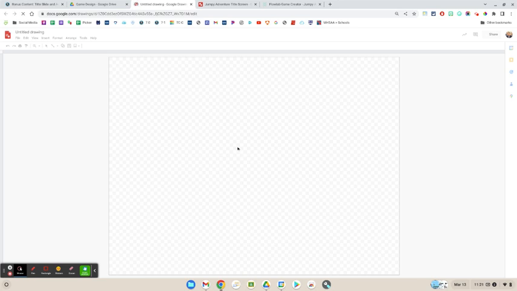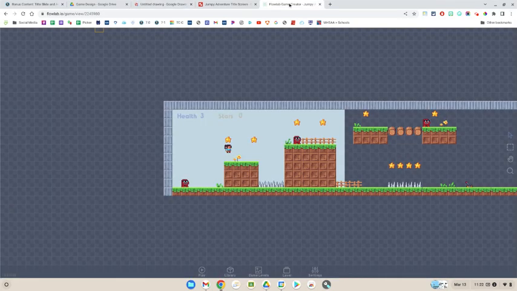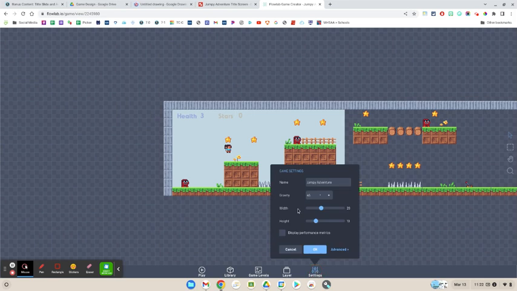Now what we have to do is set up the page so that it fits our canvas inside of our Flowlab game. So in order to do that, we're going to come over to our Flowlab game, and we're going to click on Settings, and we're going to take a look here at the width and the height. Now each one of these cells is 32 by 32 pixels. So what we have is a width of 20 of these cells, and a height of